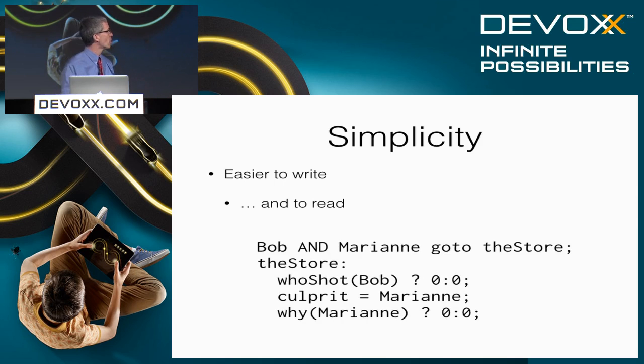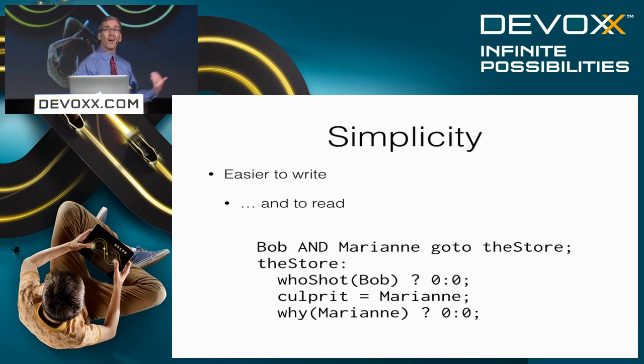Here's an example of some code that we wrote for a client where we talk about Bob and Marianne and they're going to the store. Now one thing I'd like to point out is we use go-tos all over the place, but I find it makes less maintainable code if it jumps to somewhere else in the code. Instead, we tend to just go to the next line. I think that's very obvious, don't you? Right, so we're going to go to the store, and the store is right there. There, I can see the store. It's very obvious. There's no problem with this go-to statement.